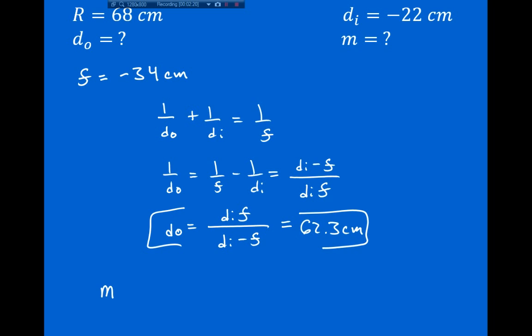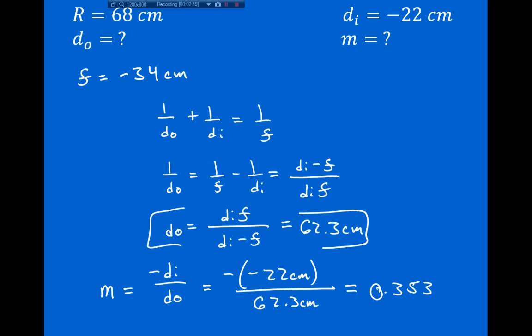Remember, the magnification is equal to minus DI divided by DO. It's the same equation that we use for lenses. So here we just have to be careful about our signs. DI is negative 22 centimeters, so we have minus negative 22 centimeters in the numerator. The object is 62.3 centimeters in front of the mirror. And if we plug this into a calculator, we can see that the magnification is equal to